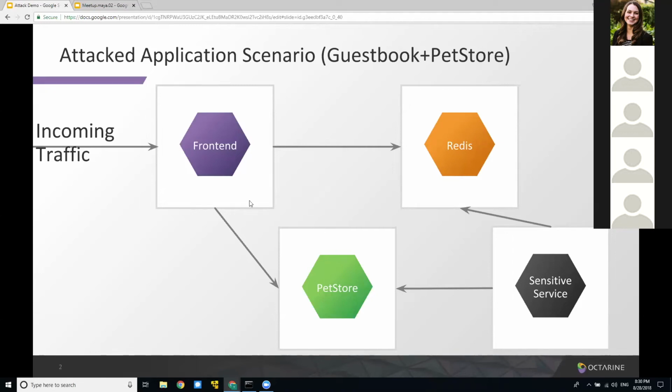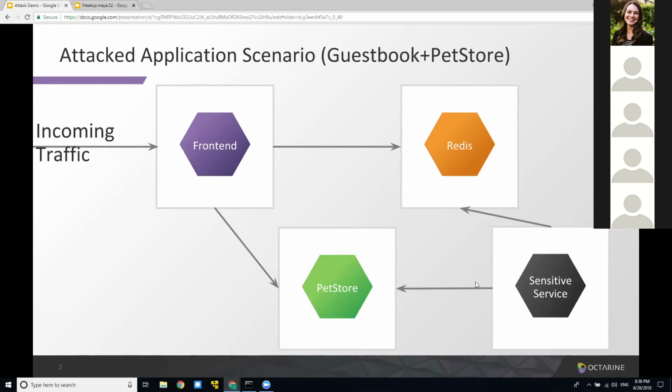It consists of four services. We have a front-end app that gets all the incoming traffic from the world. We have the Redis service, which is the database. We have some sensitive service, and we have the path store, which exposes a REST API.